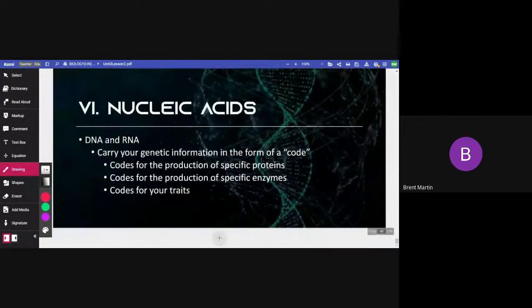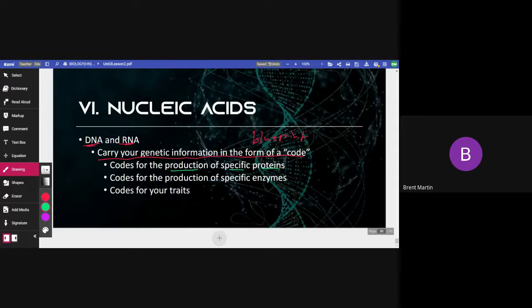All right, now DNA and RNA, if you don't know what they do, DNA are the carriers of your genetic information, and they form the basic genetic code, or literally the blueprint for everything that you are, right? It codes for the production of specific proteins, right? Do y'all know that hair is a different protein? Matter of fact, let's say, for example, me and Miss Locklear have different hair color proteins because our DNA is different. And our DNA codes for us to make different hair color protein.